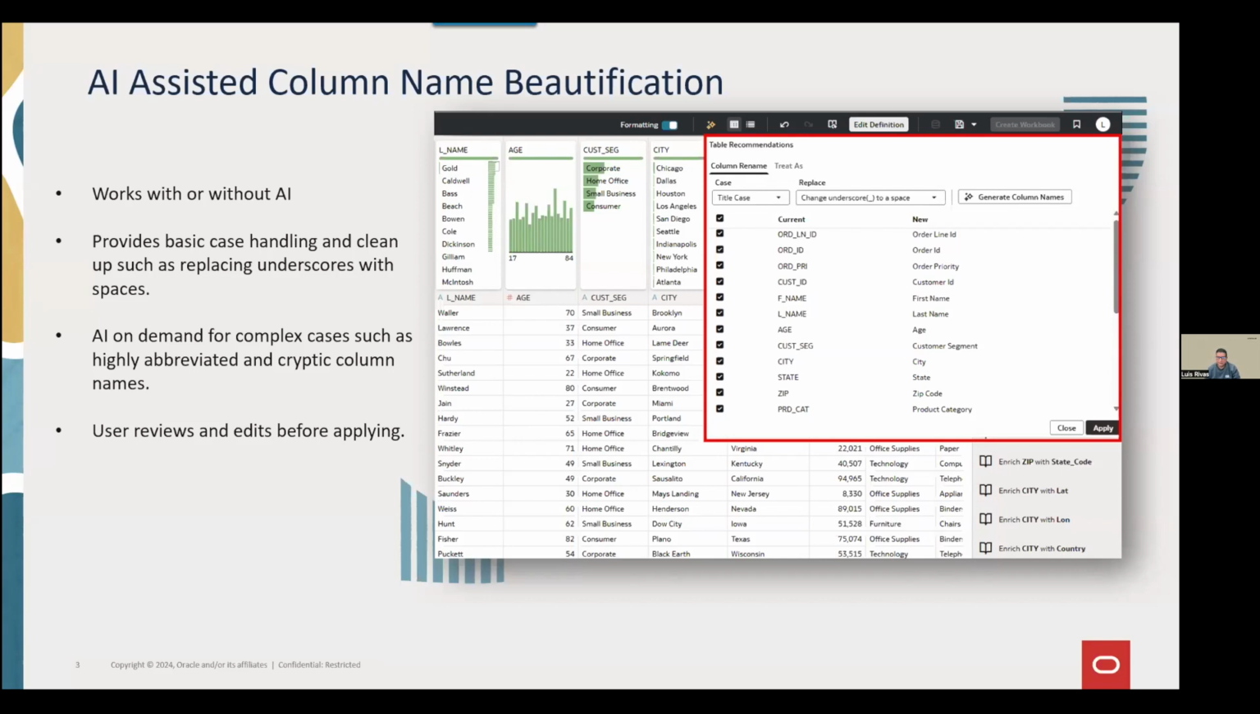If your incoming column names are highly cryptic and you need the abbreviations expanded, or misspellings fixed and so forth, then you can ask AI for assistance. We have a button that you click, and I'll show you a demo. The prompt says, please expand these abbreviations, make these column names easier for the users to understand what's in